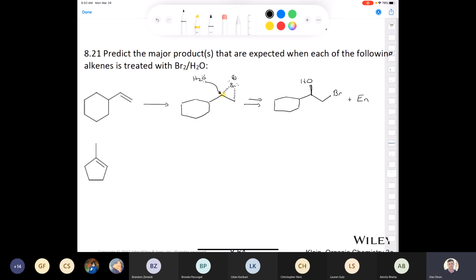Okay, and if you're really confused, if you're wondering, where's the enantiomer coming from? Where does that come from? Look, it's just the same thing repeated. Okay, I usually don't do this, but I will just this one time, where you would just draw the bromonium on the opposite face of the molecule. Now the bromonium is pointing up. Okay, so now the water is going to attack on the same carbon, but it's going to attack from the